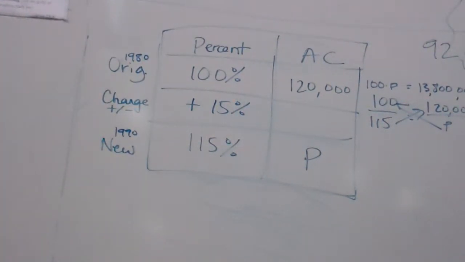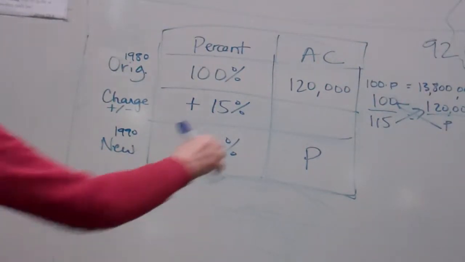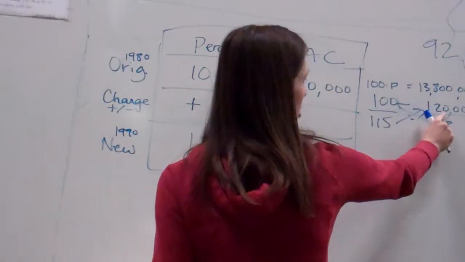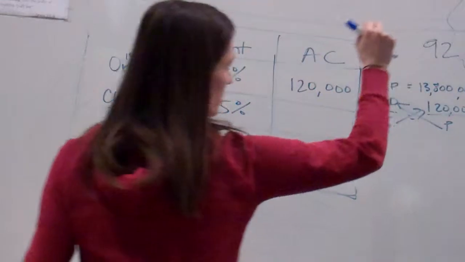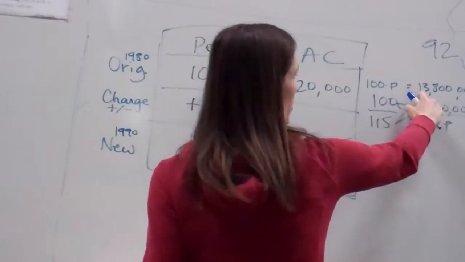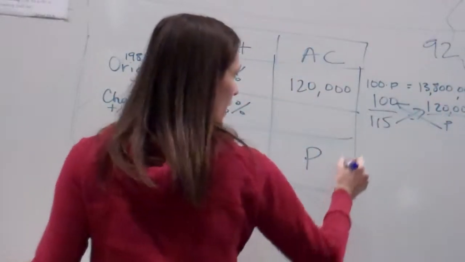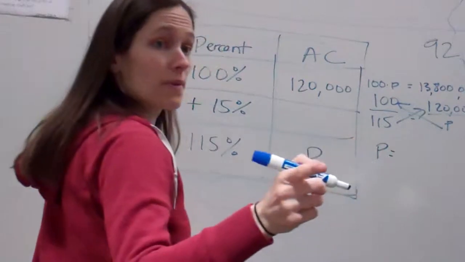That would have taken forever, and I don't want to do that right now because we don't have a whole lot of time. Okay, so all I did is multiply 115 times 120,000, and I got 13,800,000. Okay, so 100 times what equals 13,800,000? And once I figured that out and divided it, P equals